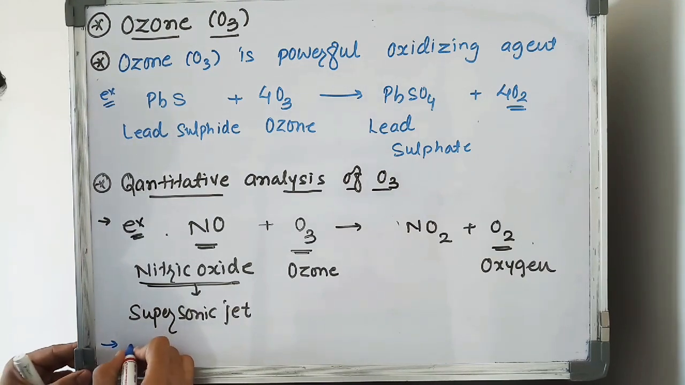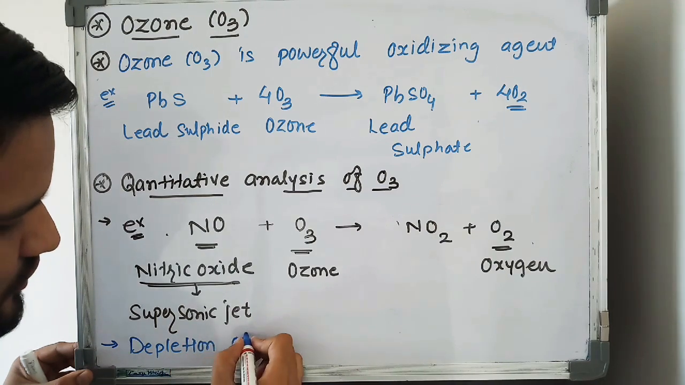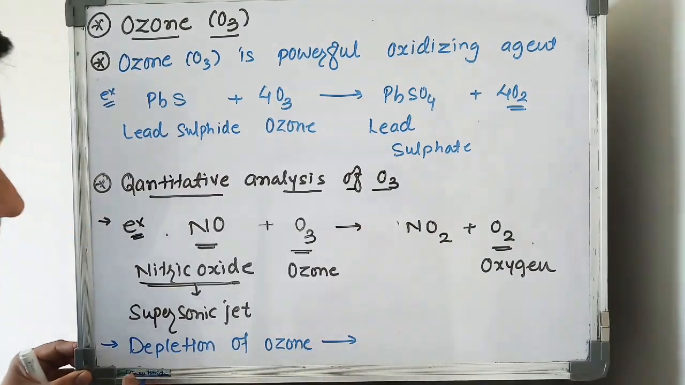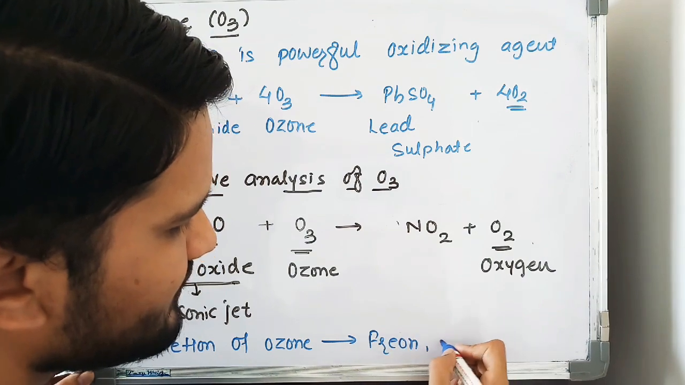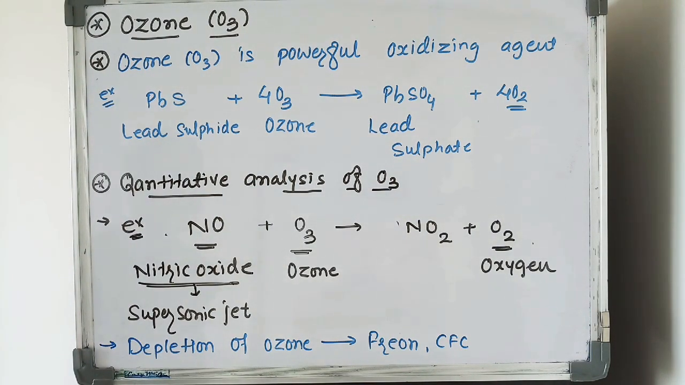Second, the ozone layer can also be depleted by other gases. For the depletion of ozone, which other gases are also responsible? We can say that Freon and CFC. What is the full form of CFC? CFC means chlorofluorocarbon, and Freon is also responsible for depletion of the ozone layer, and this type of substance we use as coolant in refrigerators. Okay student,